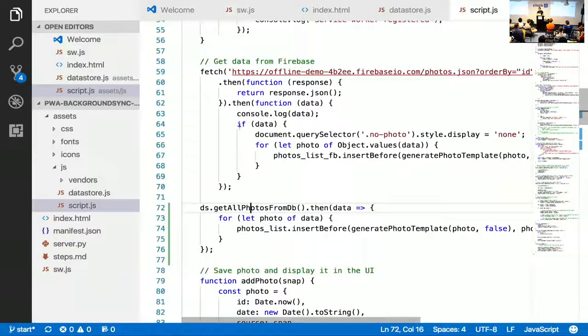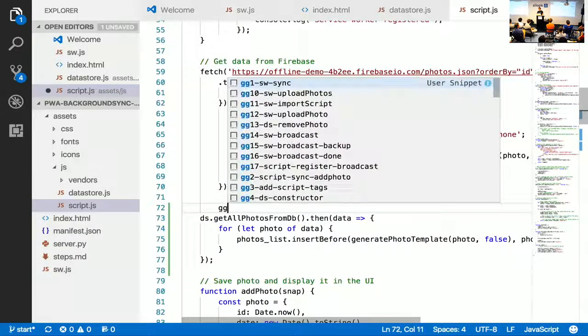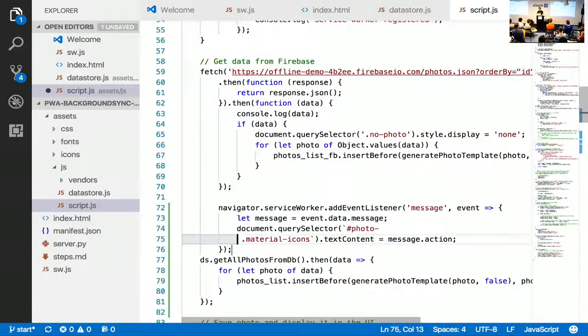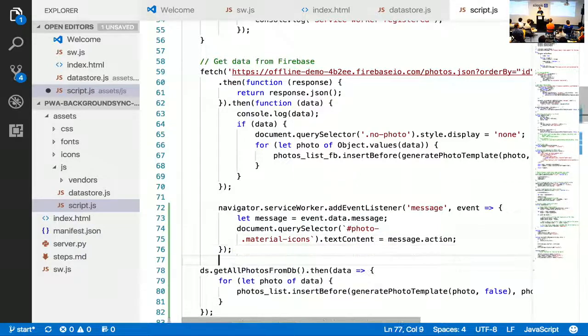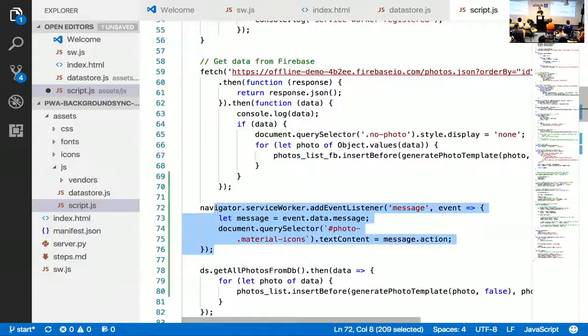Now you go to your client, and you have to add an event listener to the message coming from the service worker. So here on the client, I add an event listener on message. I get the message, and I